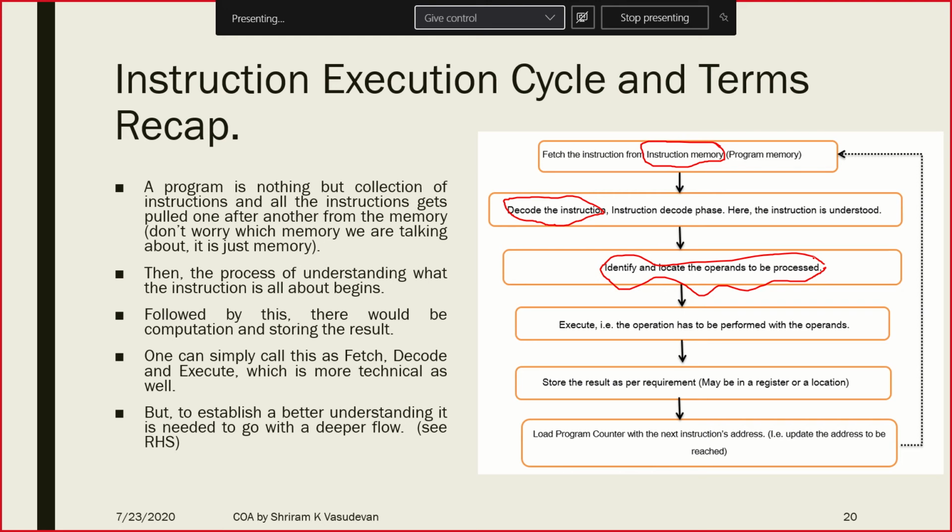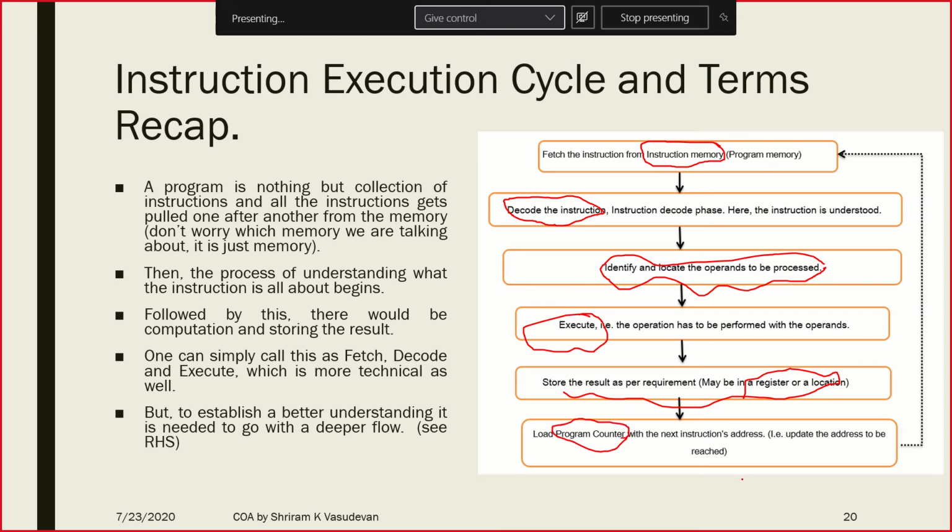We have gone with fetch, we have gone with decode. Now the next one is called execute. When you are ready with everything, you can go ahead and do the operation, C equal to A plus B, I mean add A, B, C can be done right now. And after it is done, I need to store the result into a memory location or into a register. Based on your requirement, you can store the result back to a memory location or it can come to a register. Now what is the next step? This is the most important step that we all have to remember and write in the paper or in the quiz as appropriately as asked.